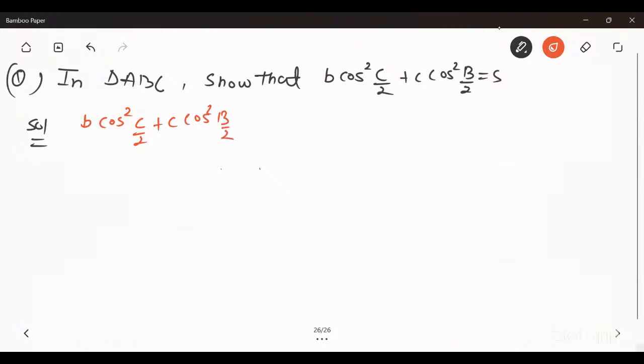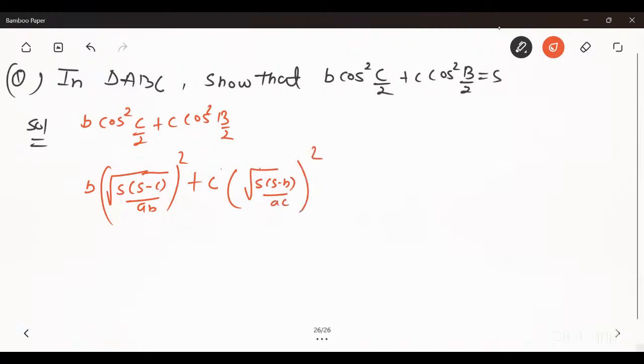Now the value of cos C by 2 is under root s times (s minus c) upon ab, whole square, plus c times the value of cos B by 2, which is under root s times (s minus b) upon ac, whole square. Now the value will become b times of s (s minus c)